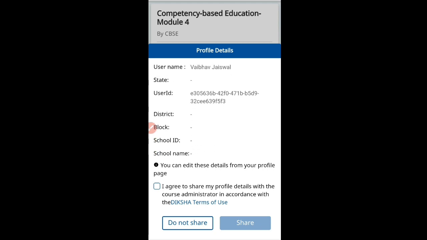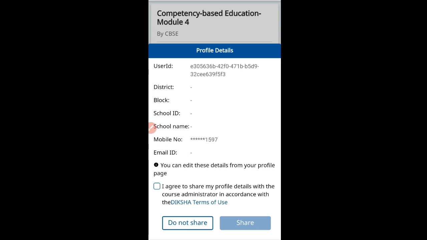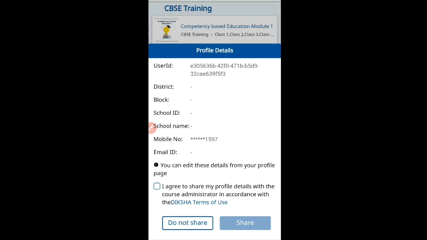Now see your profile details: Vaibhav Jaiswal, user ID, district, block, school ID, school name. You can edit these details from your profile page. Go to the profile page and edit, write down your district, block and all these things. So I am going to go back.